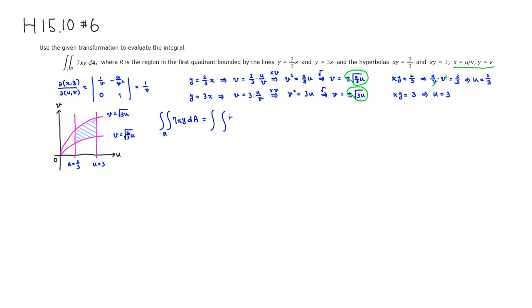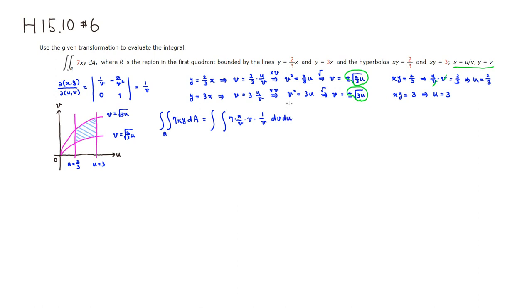Right, you have a 7. x is u over v, and y is v. Then dA is, remember the Jacobian, so the absolute value of the Jacobian, but v is positive, so we're just going to get 1 over v. You can put the absolute value, but it really doesn't make any difference. And then we have a dv